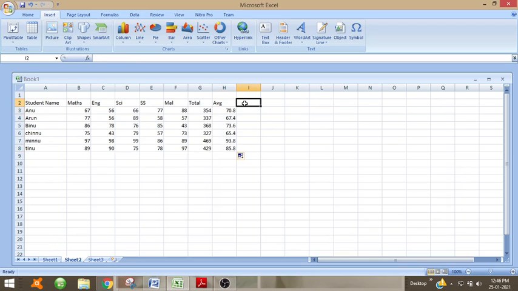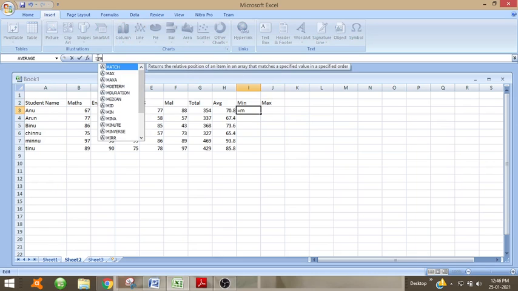Now we can find out the min and max values. That is, for each student, which is the maximum value, in which subject they got the maximum marks, and in which subject, or which is the minimum marks for each student. So for finding minimum we have the function, equal to min.